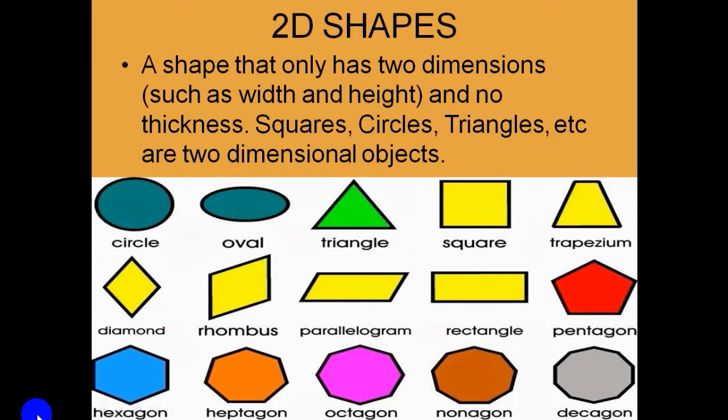So in this video lecture, we will discuss mathematical formulas for the area, for the perimeters, and for the volume of 2D shapes, geometrical figures, and 3D geometrical shape figures. So first of all, I would like to tell you about the 2D shapes, geometrical figures. You see over here in this slide, a shape that only has two dimensions is called a 2D shape.